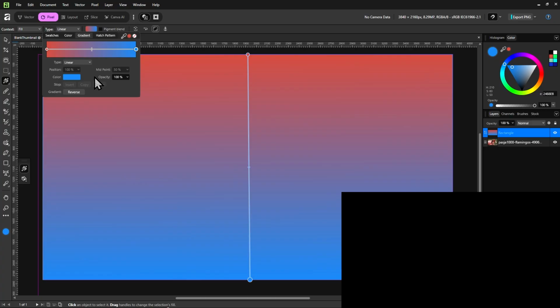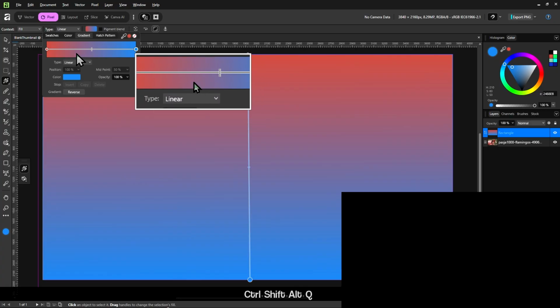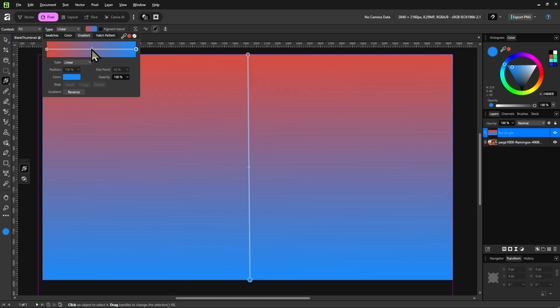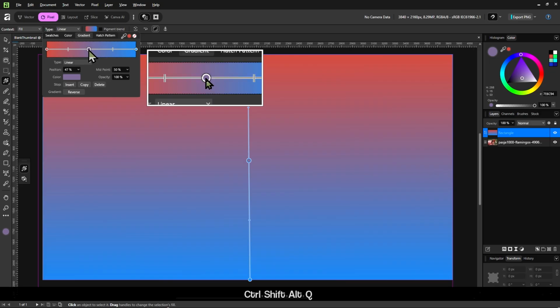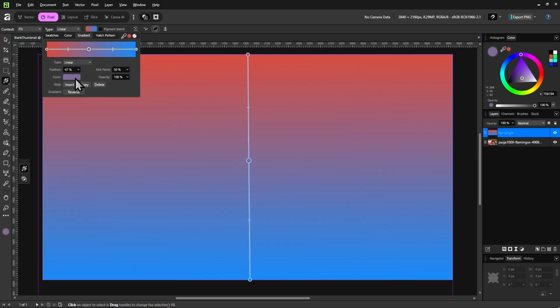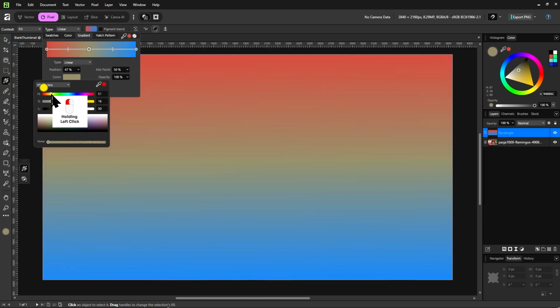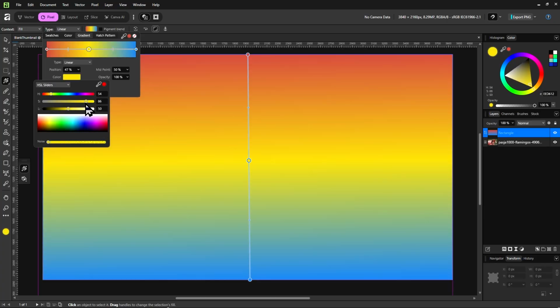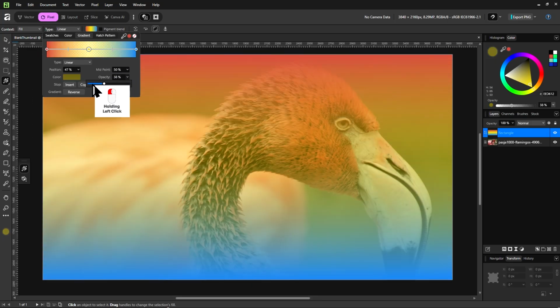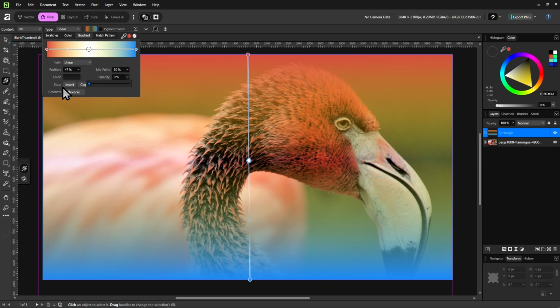And now you see the thing about this line between these stops is that we can double click on it and add even more stops between them. So here we just added a stop here. Currently it's purple because red and blue mixing makes purple. But we can change that to something like yellow. Or we could just change the opacity to 0 again and get our red and blue fog like this.